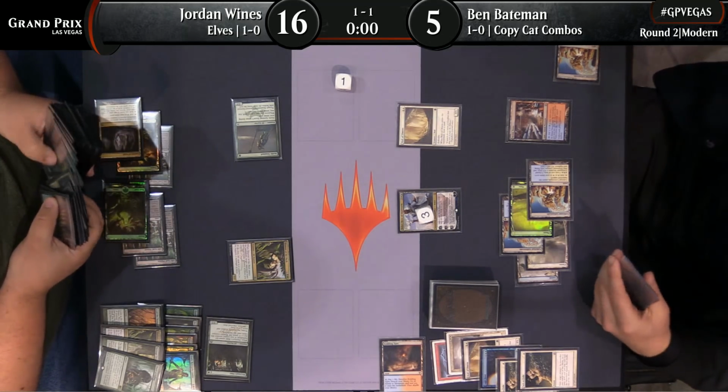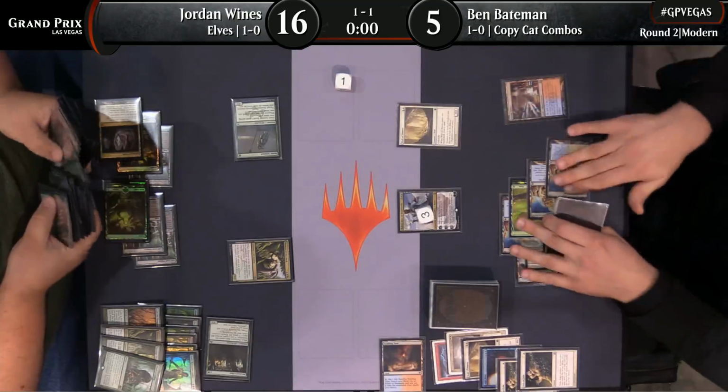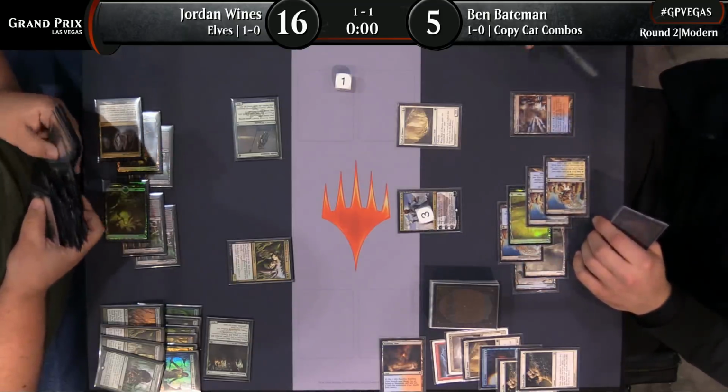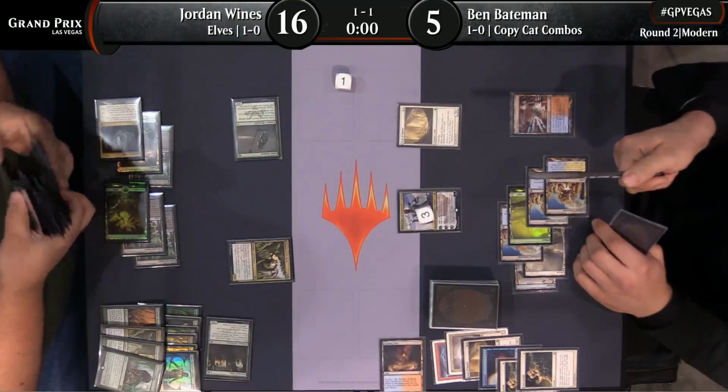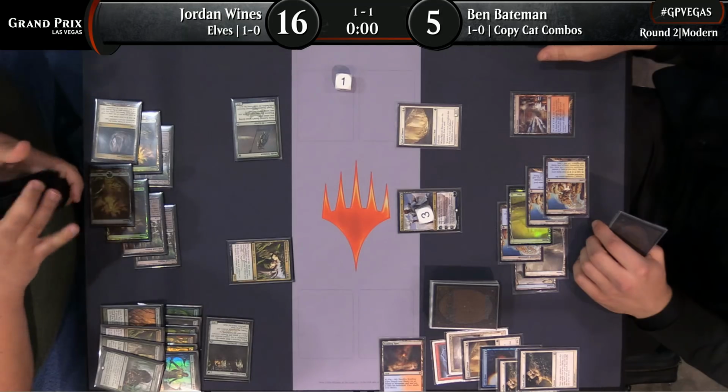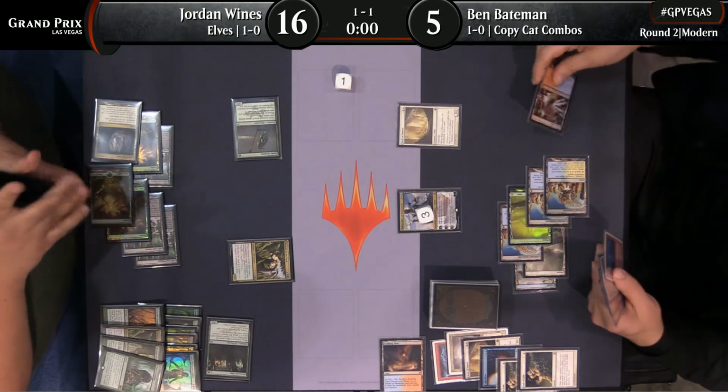Yeah, because you don't want to go down to 3 life in this current situation, because Jordan does have a Cavern of Souls in play. So if he just top decks a Shaman of the Pack, that's just lethal. Right. So now, but Wall of Omens can block the Nettle Sentinel. Yeah, and I actually